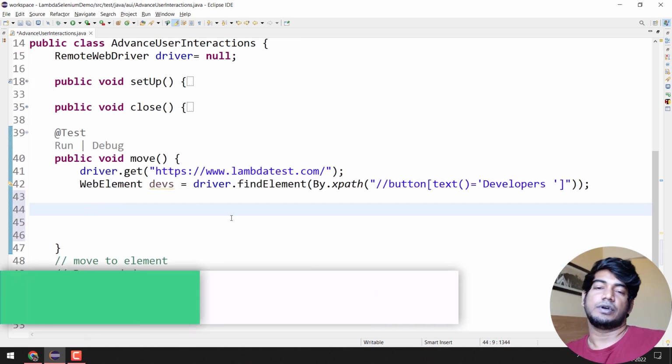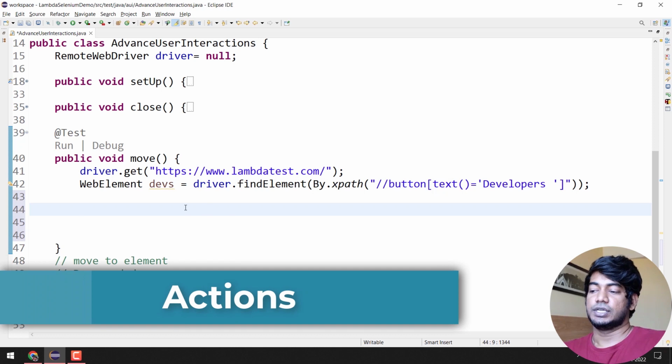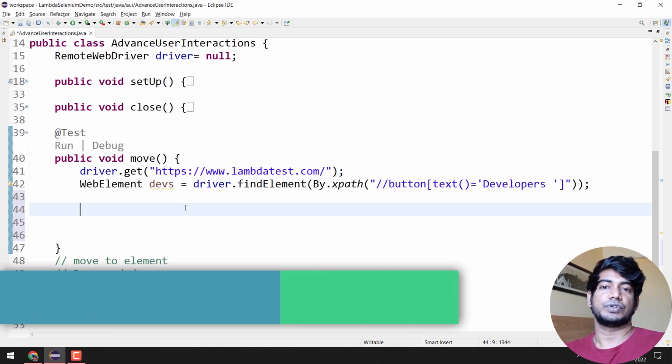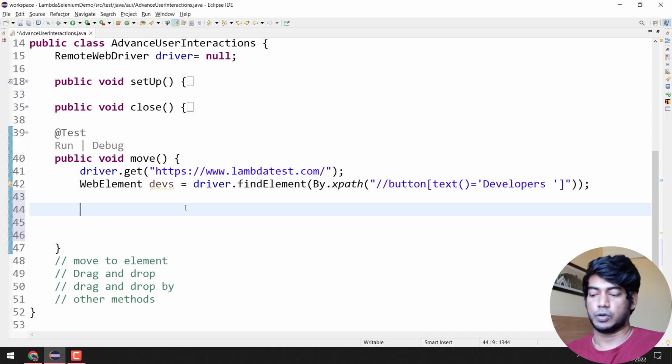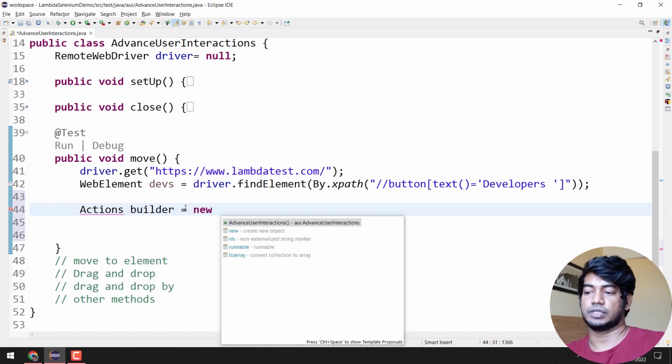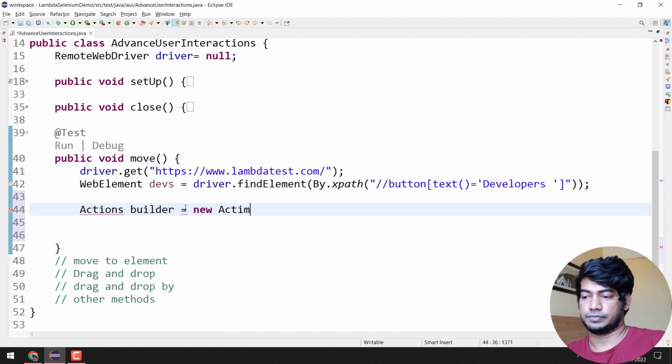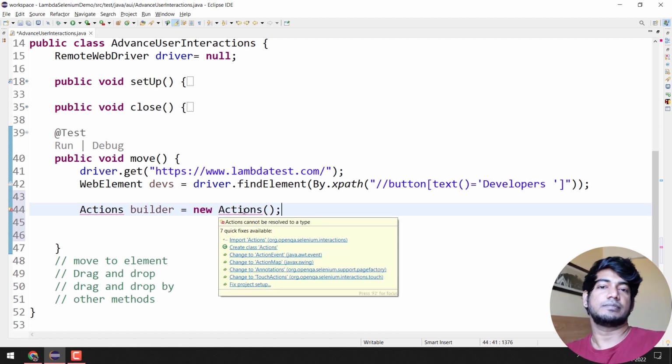Okay, now of course I have to use the Actions class. To use the Actions class, as I said, it's a class, so of course we have to call the constructor and create the object. So here we'll say Actions builder equal to new Actions, and here we have to import Actions from the selenium interactions package. So this is the package name